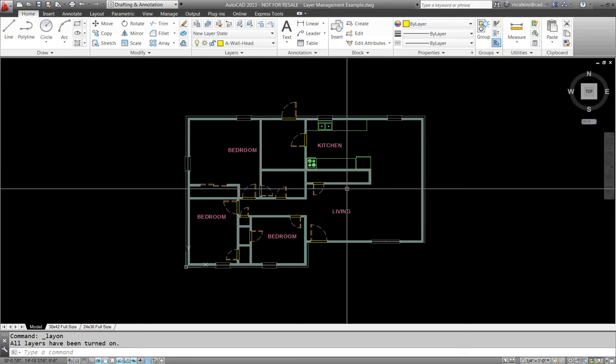So again, another reason to use a common layer standard. It doesn't have to be a national standard recognized by any other industry or anything like that. It can just be your own office standard. But make sure everybody's adhering to that, because in the template you can then create these layer states and say these group of layers, even if I don't have anything drawn in my file yet, which you won't in your template, go through and tease out and set up the RCP typical layer states, save it and name it RCP,